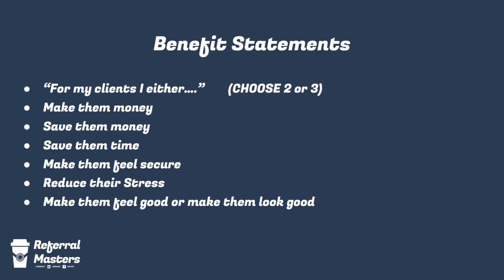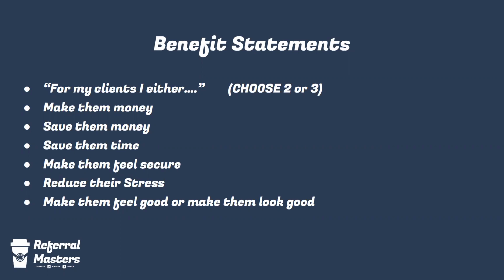So you're not going to necessarily write 7 of these, because then your elevator speech is going to be way longer than it really needs to be. We want to just pick 2 or 3 things that we, again, sell, offer, or specialize in. And we're going to talk about those in a present tense, where we're saying exactly what we actually do.